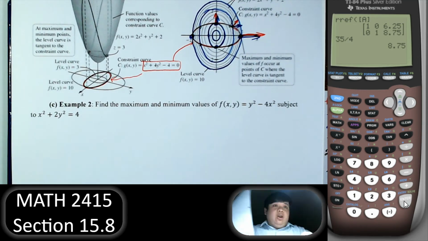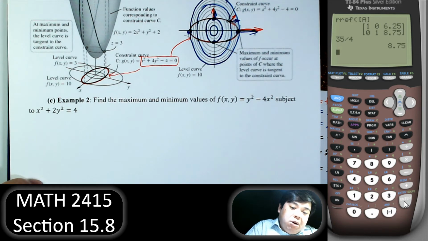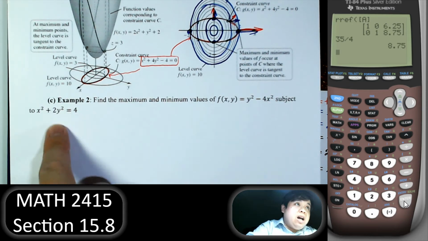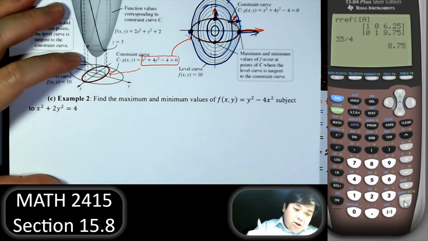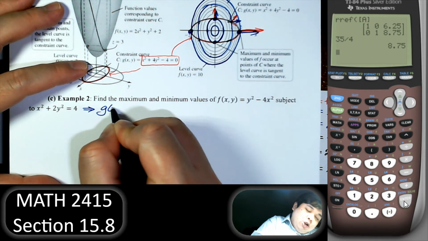Right. I thought I could show you that so that we can confirm our answer previously. Right, now we have one more example. Find the maximum and minimum of this function subject to that constraint. So I should move everything to one side and make it g of x, y,